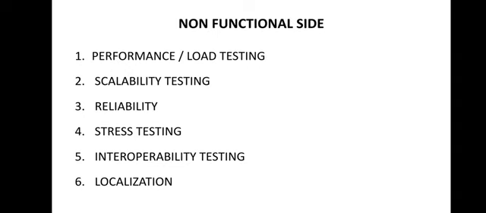Two more things are there: interoperability and localization. Interoperability is done to ensure that two or more products can exchange information, use the information, and work together. When we talk about localization, this testing is conducted to verify that the localized products work in different languages. You know about localization. That means each and every region and country has its own local language, and the software should work properly in each region, so that people of different regions and cultures are able to use the product conveniently. That is localization. So this is the non-functional side.